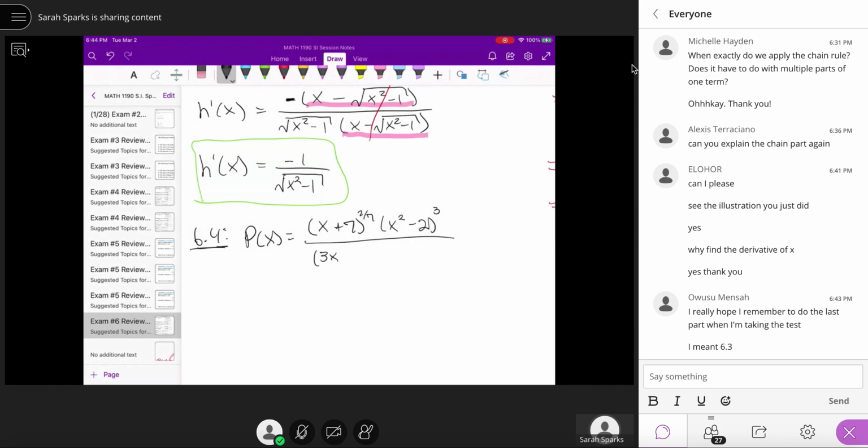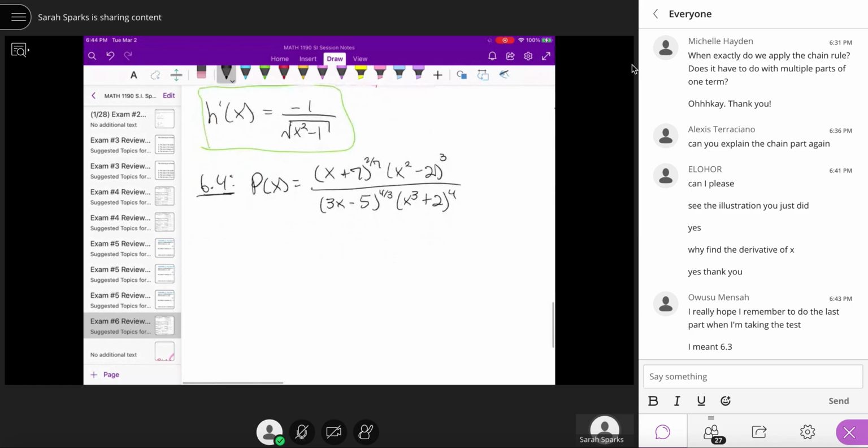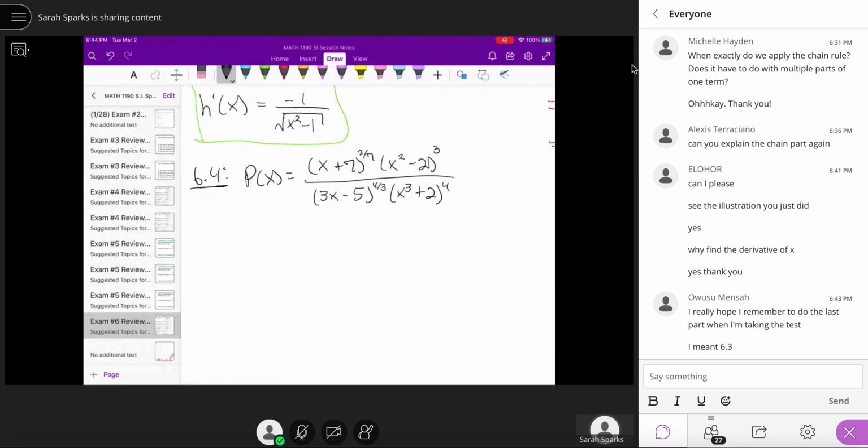Sorry, I'm just trying to look at it on my paper. 3x minus 5 to the 4/3 times x cubed plus 2 to the 4th. Whenever you see something nasty looking like this, where you think, oh my god, I'm going to have to do so many products, so many quotient rules, you should probably be using logarithmic differentiation. So the first thing we're going to do,